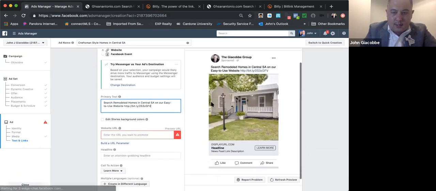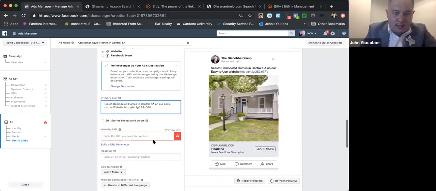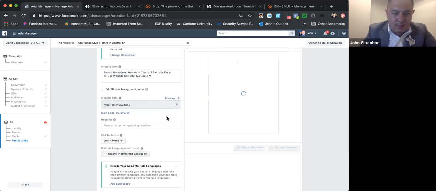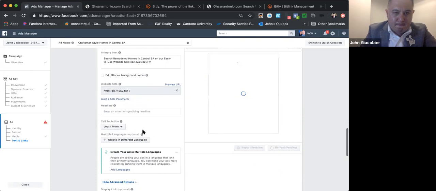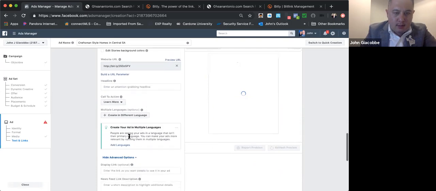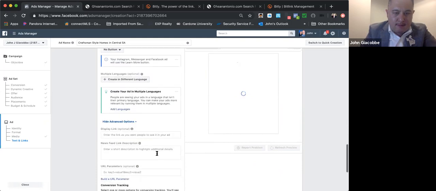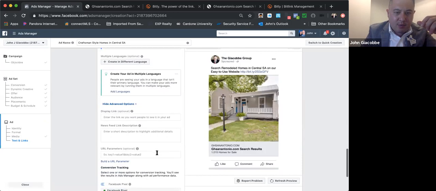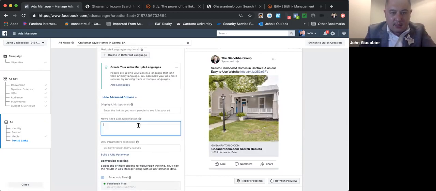All right, so you can see it's all on 2 lines here, and we're going to promote this URL, same URL, and we're going to get rid of that Learn More button. Now, the first time you do this, it can be a little tedious getting it perfect, getting it right, but it's really important that you run it this way. Okay, remodeled homes, remodeled